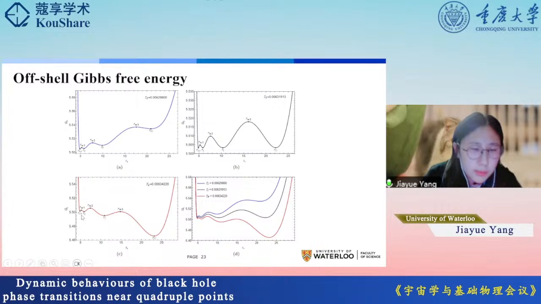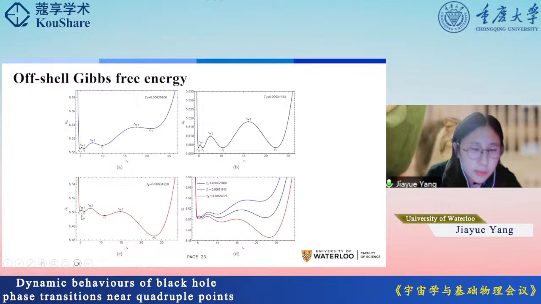And the D here is the diffusion coefficient, and the beta is the inverse temperature. So by solving the Smoluchowski equation, we can solve for the time evolution of the probability